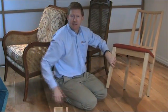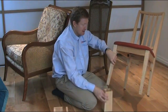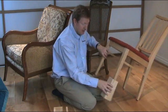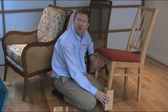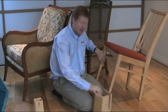This type of chair is similar to the first chair, but the REKO blocks would work fine because the bar is quite high up, so the REKO block will fit under there quite easily, whereas the Magnum blocks might look a little bit bigger. And